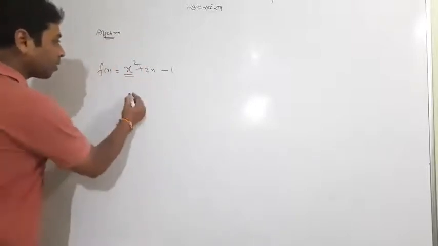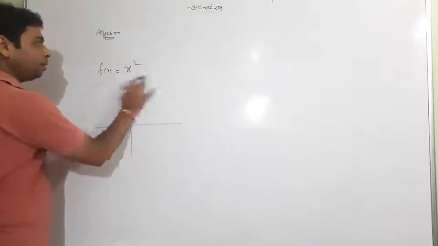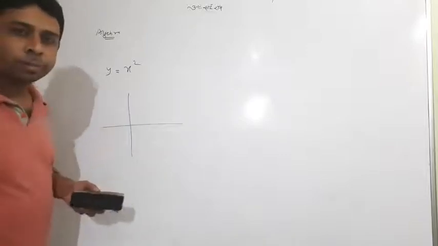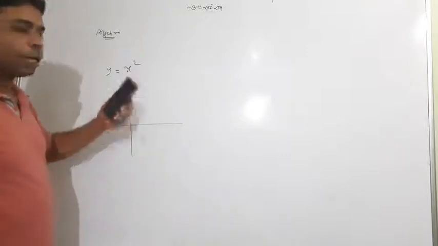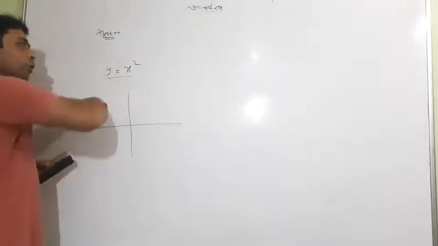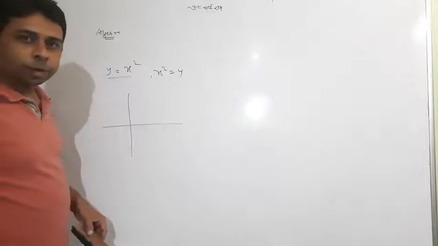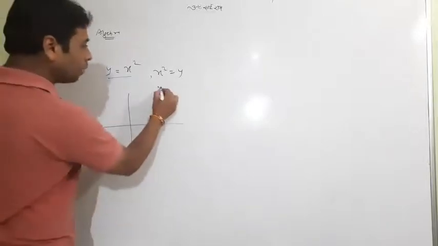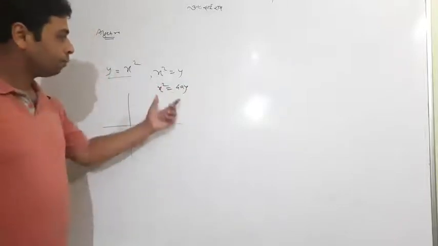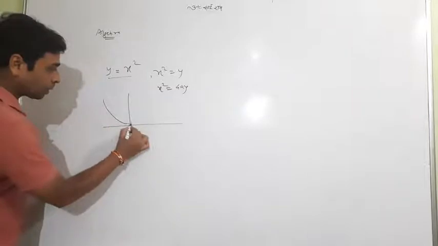Meaning while making the graph, guys, I can tell you one example. This is f of x equal to x square. This is f of x, meaning y. Y equal to x square. Have you seen this? Do you remember that? Read the opposite, x square equal to y. Do you again remember that? You read it in class 11th. Now let me say, x square equal to, it is not y, it is 4ay. No? It is the equation of a parabola and it opens upward like that.